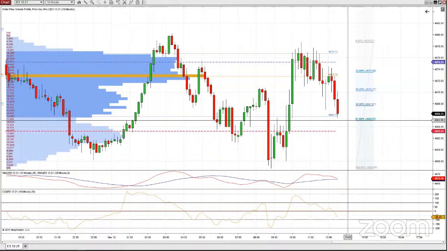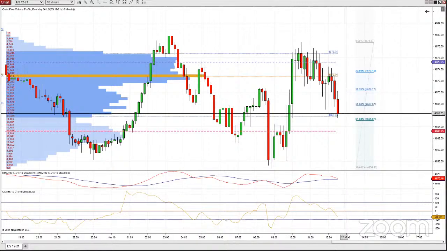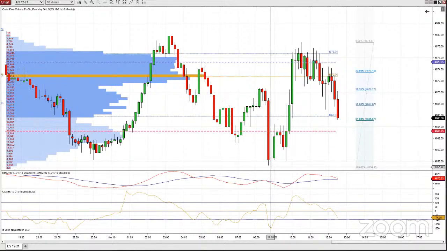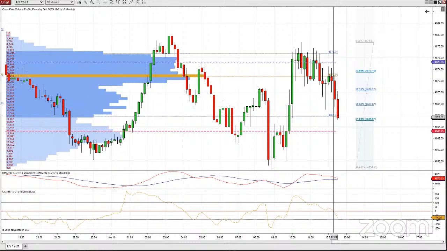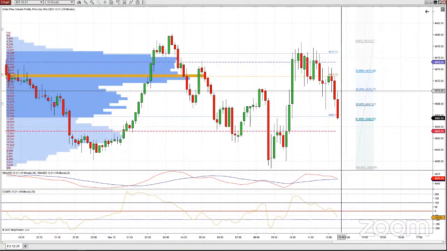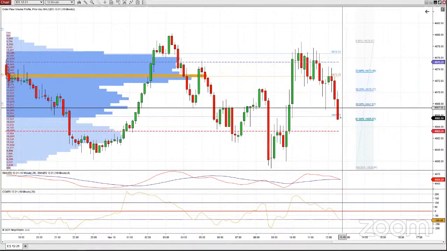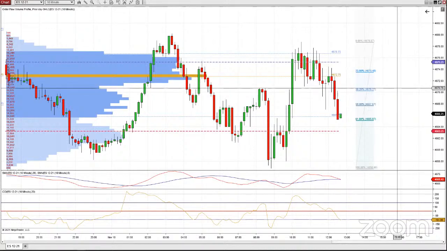The 61.8% is just a little bit south of the bottom of the value area. So this is giving me an area of interest right here, right? It's giving me an area of interest right here. CCI is negative right now, so I'm going to wait to see what happens here in a second. But the reason it's called a retracement is we went from low to high, and the market came back down. It hit the 23, the 36, the 50, the 61. It's retracing. And then the idea is the trend is going to resume back to the upside. Now, that might not happen. It may happen. It might not happen. We don't know for sure.